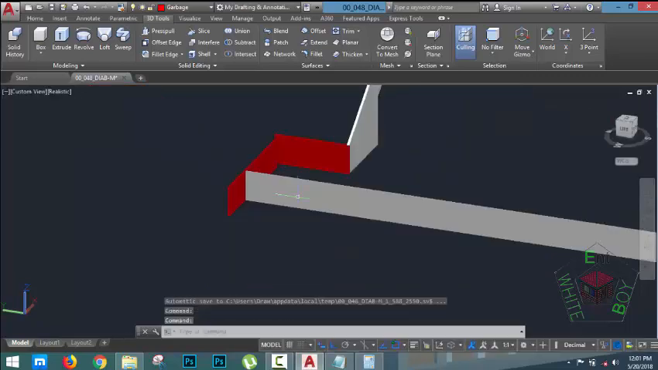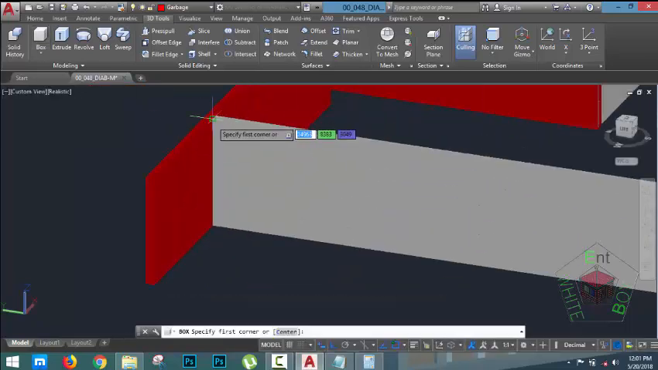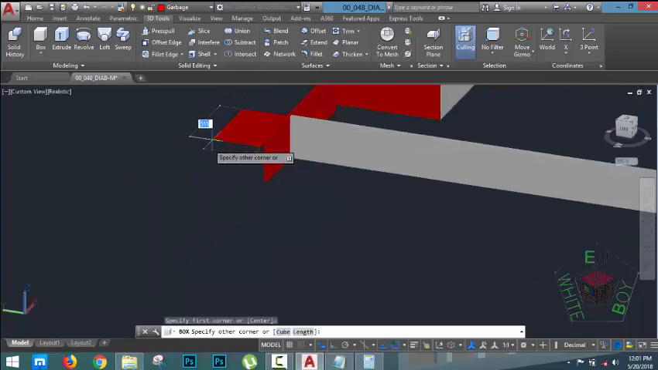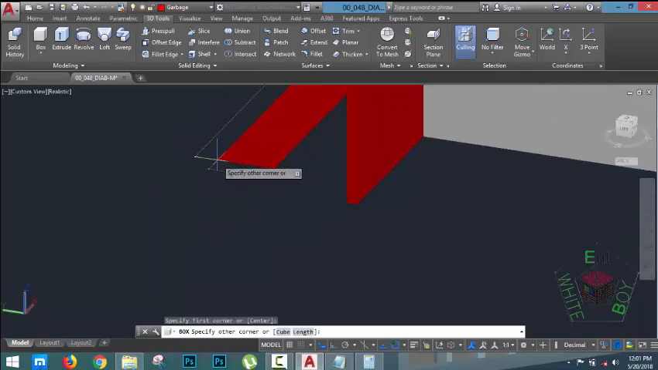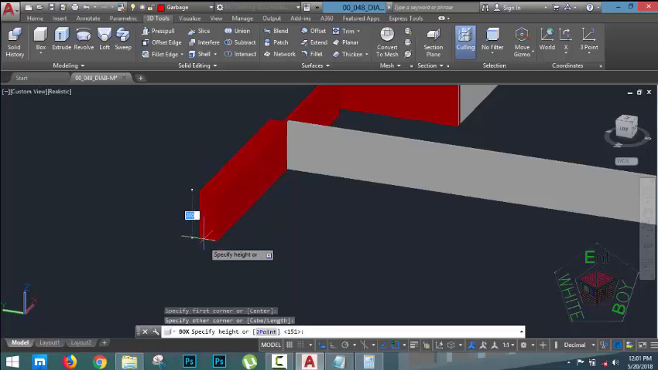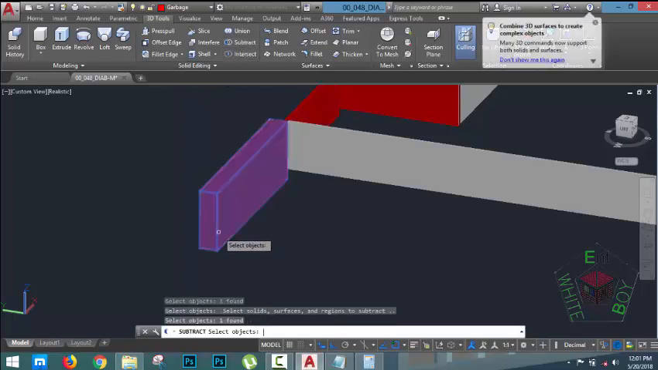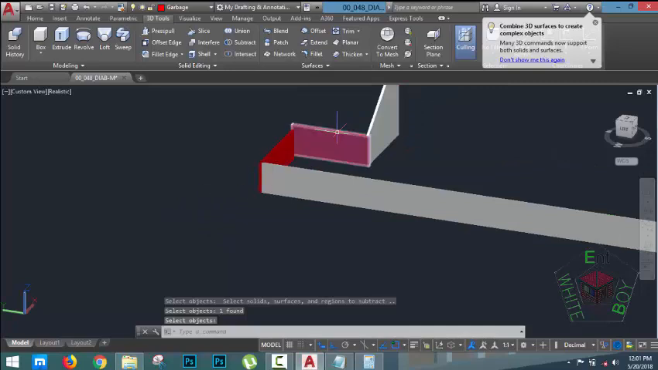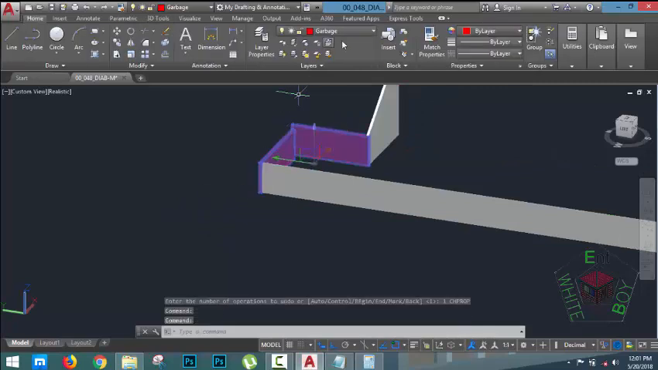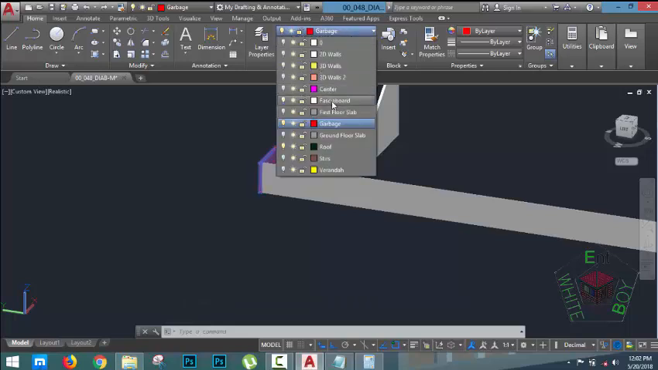Press escape. Now select the box command, click at this vertex, move the mouse cursor approximately like mine, click, move the mouse cursor into the negative Z axis, click, go to the 3D tool tab, solid edit panel and select the subtract command, select the solid, press enter, select the solid, press enter. Now select the solid, go to the home tab, layer panel, click the down arrow and select the Fasciaboard layer,